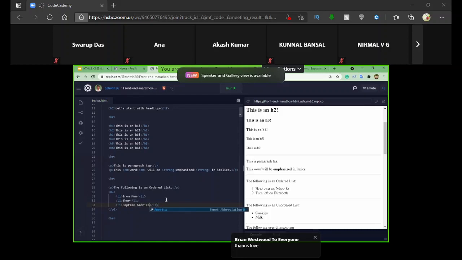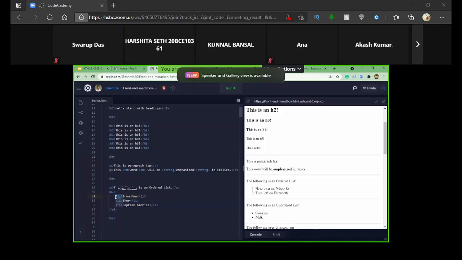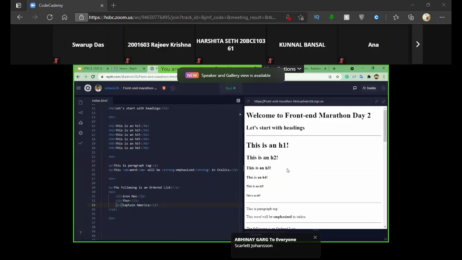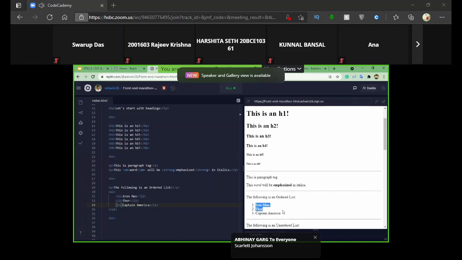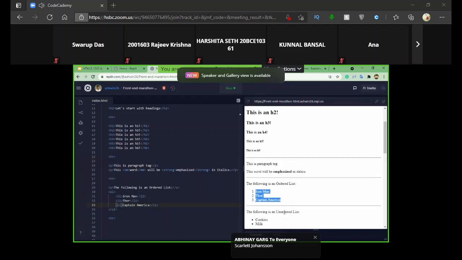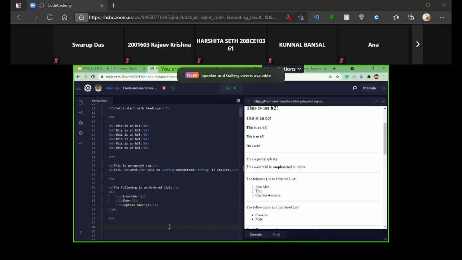Okay, so I have given here three list items. Okay, to add more and more list items to the ordered list, we use this li tag. Okay, this li stands for list item. Okay, so for each and every list item, we have to create a separate li tag. Okay. So as you can see, now the content is changed to your favorite Avengers characters. Okay. All right. So other than an ordered list, we also have an unordered list. Okay. For an unordered list, it will be just bullet points.